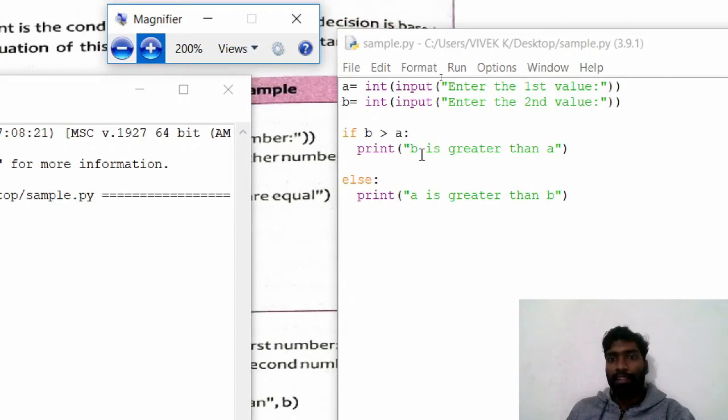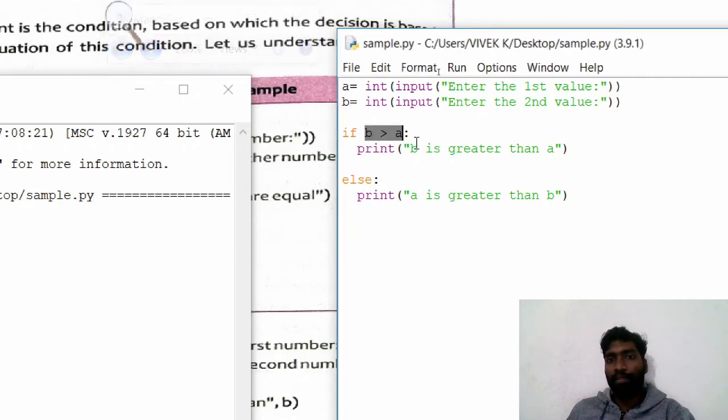What condition did we give here? If b is greater, meaning bigger than a according to the value, we will get b is greater, else a is greater.